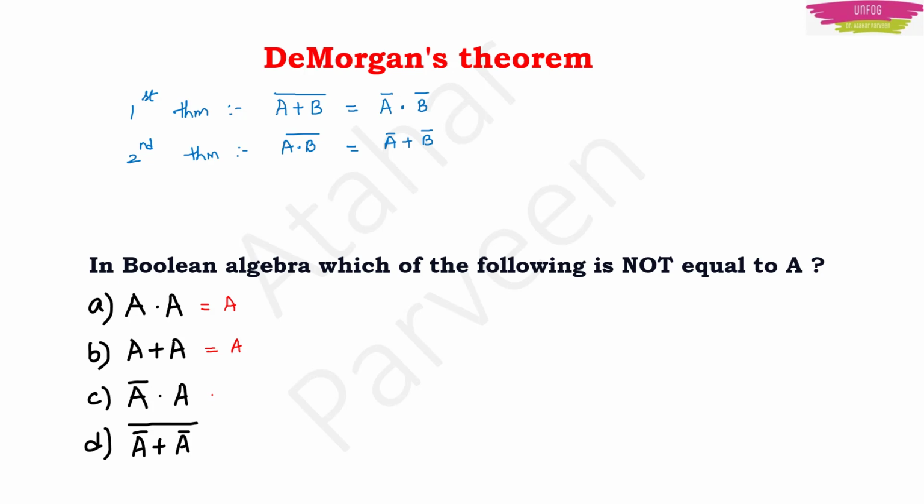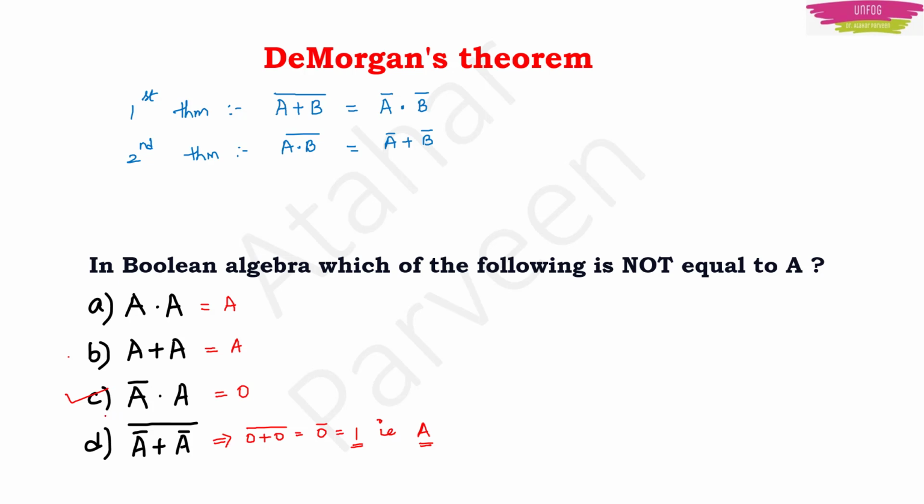And A complement into A. That means it is like you are multiplying 0 into 1. So the answer for this will be 0. And see here, you can imagine that A complement is 0. If A complement is 0, then 0 plus 0 is going to be 0 and complement of 0 is going to be 1. So here we are taking A as 1 and A complement as 0. So we are getting 1, that is A. So there is only one option wherein the Boolean expression is not equal to A, and that is this. So this is the right answer. A complement into A is equal to 0 is the right answer.